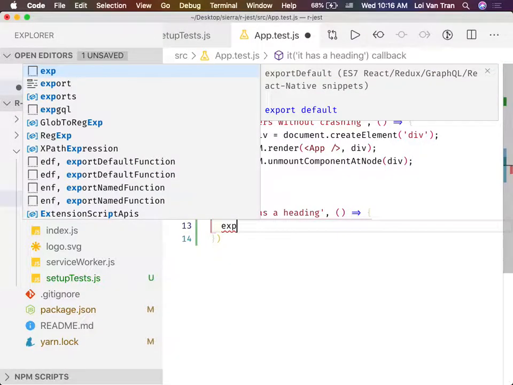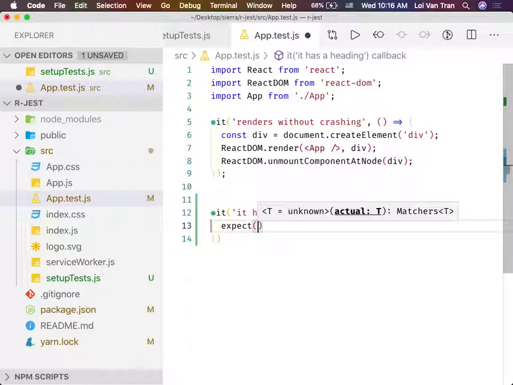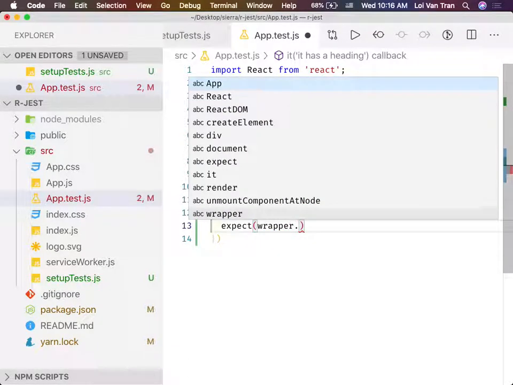So we're going to expect something. We're going to say, hey, I expect this to be true or false. In order to do this, we call the function expect, but we need to pass it an argument. The argument is an assertion. So let's just say,